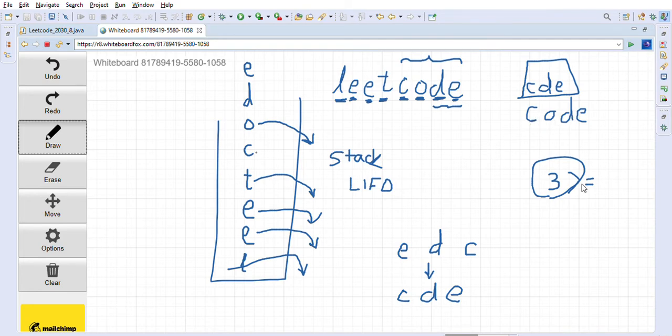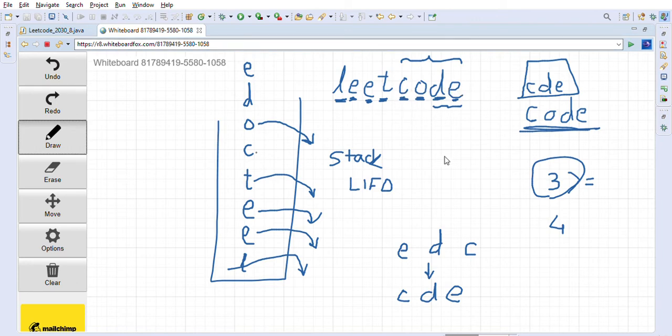So if we have been given length 4, in that case we will get CODE. CODE will be the shortest subsequence, because any other subsequence will be bigger than that. If you look, for example EET or EEO, like that, you can go in the sequence for length 4. So you will see that COD is the smallest one in all these subsequences.